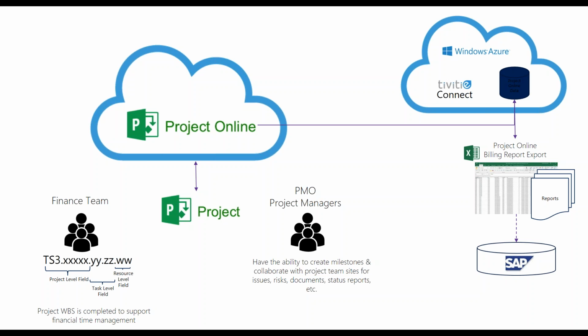So the PMO now has the ability to create their milestones, collaborate with their team, manage at the level that's meaningful to that project manager, share that information with finance, and integrate with an SAP or a Dynamics or an Oracle system. And what this is doing, this is the first example, which I do recommend as a phase one, is actually taking the information and doing the export out of Tivitie Connect and then doing an import into SAP. This is a great phase one because you can get a really fast, quick win without having to incorporate